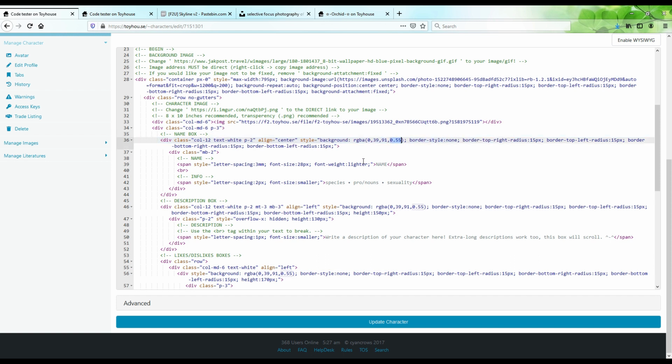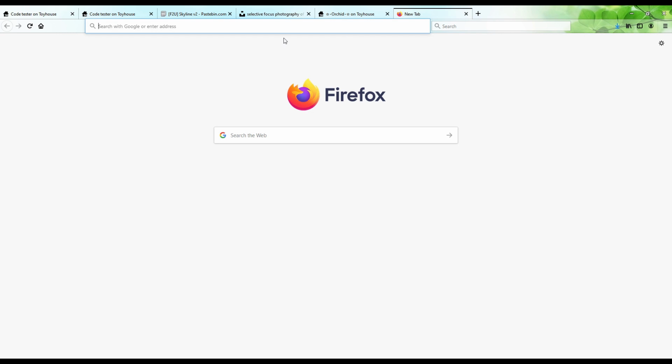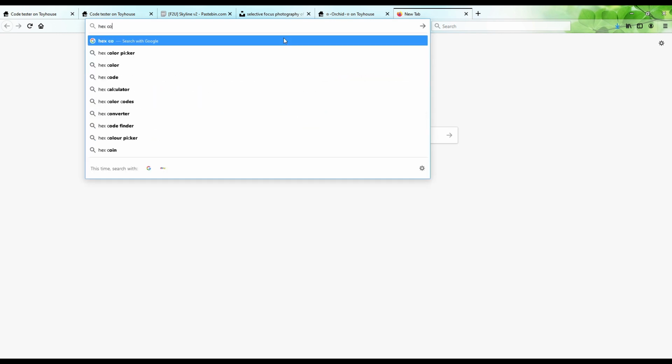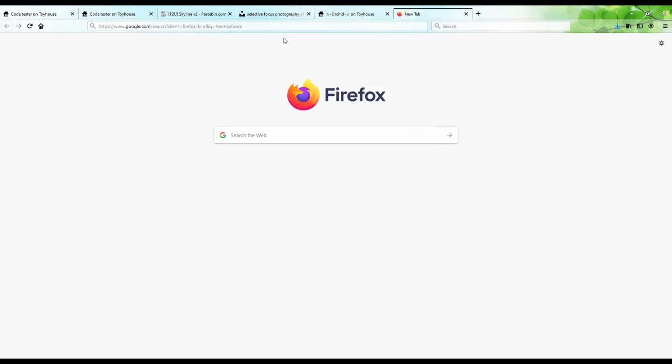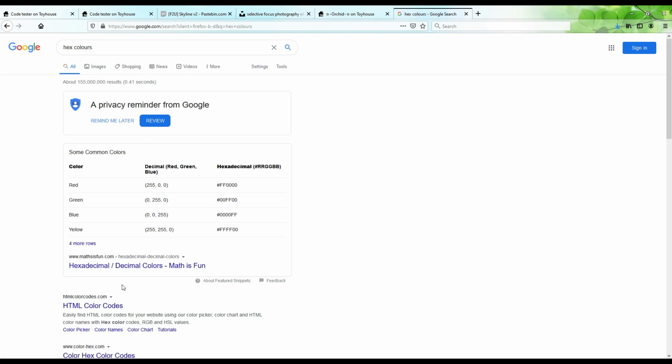So if you set it to 1, it'll be a solid colour, and if you have it anywhere below 1, it'll be semi-transparent, depending on the number you put in here. So if you want to make it less transparent, you could set it to 0.9. If you want it really transparent, you could set it to 0.3. I'm just going to keep it about 0.6. So for the colours, you can just go online and search hex colours. And there's a very helpful website I like to use, which is just